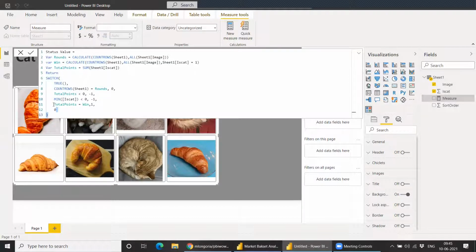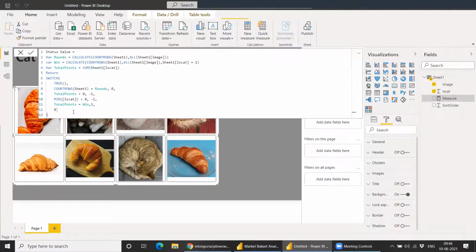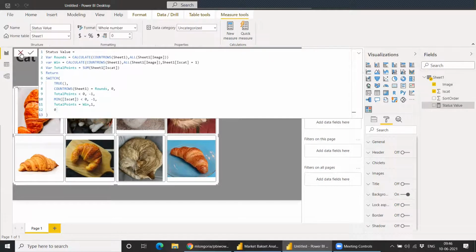Or if the total point equals win, so basically if we have selected all the cat images, our total point will equal win and will give it a status 1. So we just click enter and yeah, our first measure has been created.